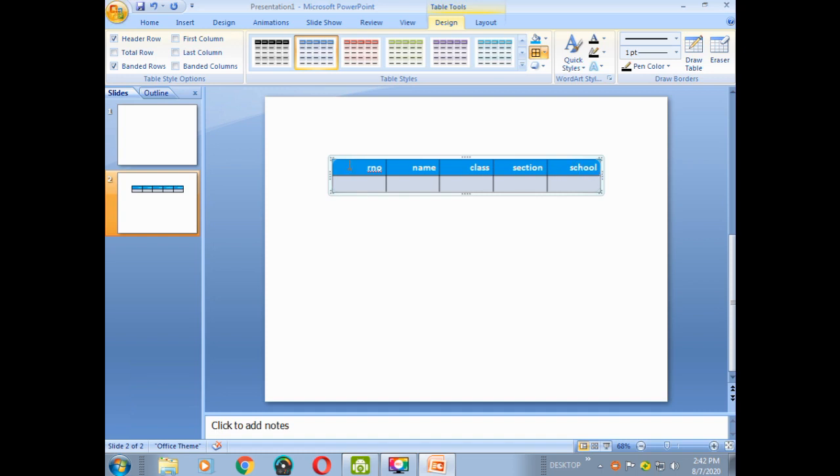So for today only this much. Today you have learned how to insert tables in PowerPoint and how you can align the text in the table. After this you have also learned how to apply borders and background colors, shading in the